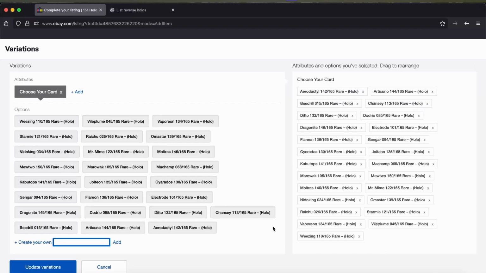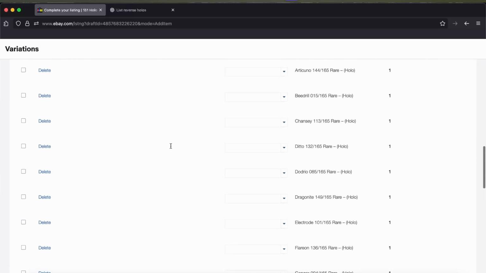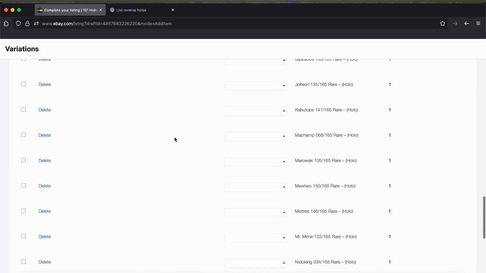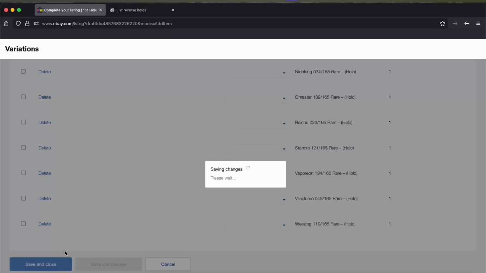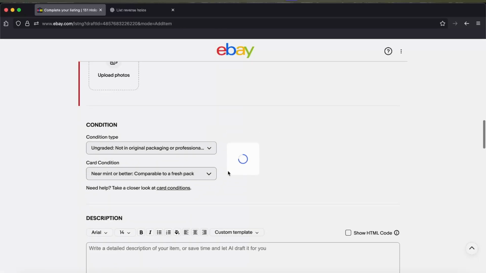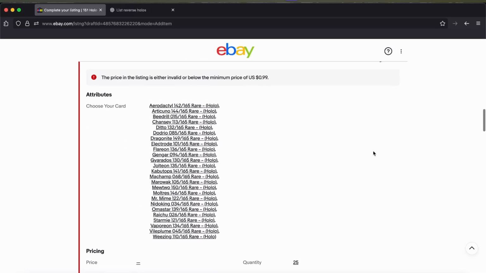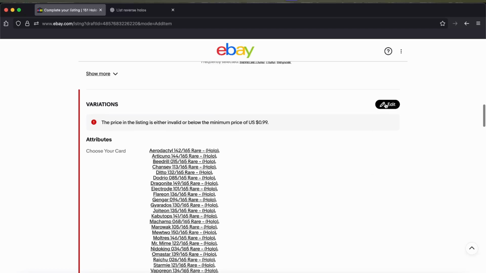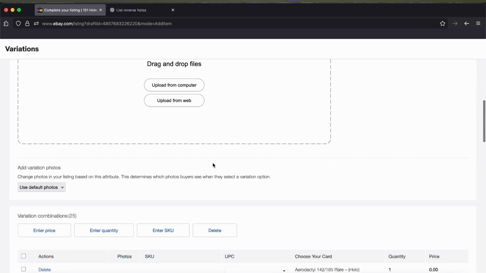All right, so I finished up typing all of my things in. So go here, update variants, and do add rows automatically, this option here. I like to go down after I finish doing all of this and press save and close. And the reason I do that is if you leave this page, if you close out of this tab or refresh the page, all of your progress is going to disappear. So like all your attributes are going to be gone. This doesn't auto-save on eBay, so I just like to save it and make sure that it's actually there so I don't lose my progress in case anything happens. But after I do that, I go back in,